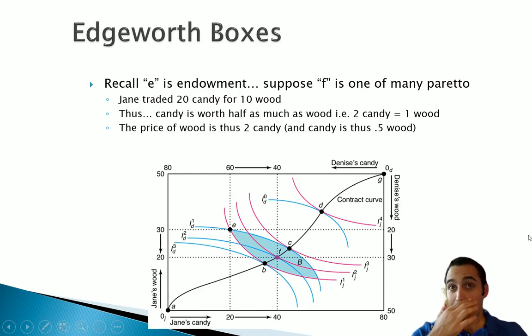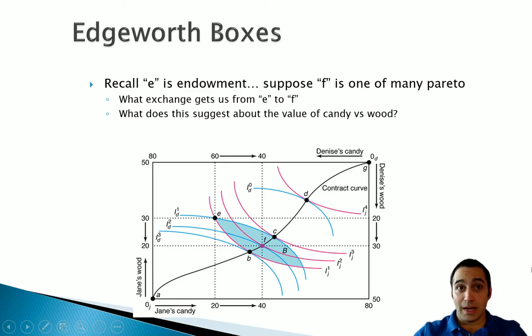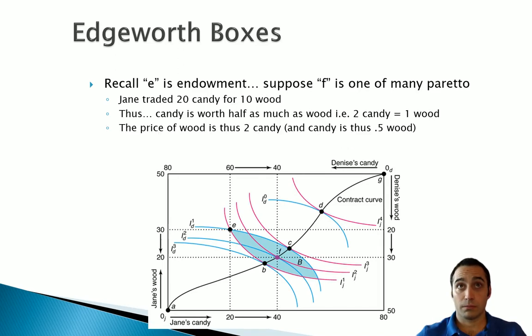You will note that one of the appealing points was F. Think for a minute how Jane and Denise could trade such that they went from points E to F. What actual goods change hands, and what does this suggest regarding the value of those goods? You'll note that between points E and F, Denise gives Jane 20 candies, and Jane gives Denise 10 wood. Therefore, Jane has traded 20 candy for 10 wood,